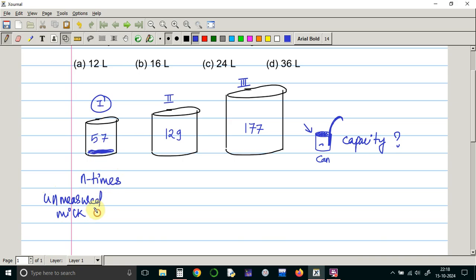So what is the volume of that unmeasured milk here? We don't know. Let's say x liters in this,